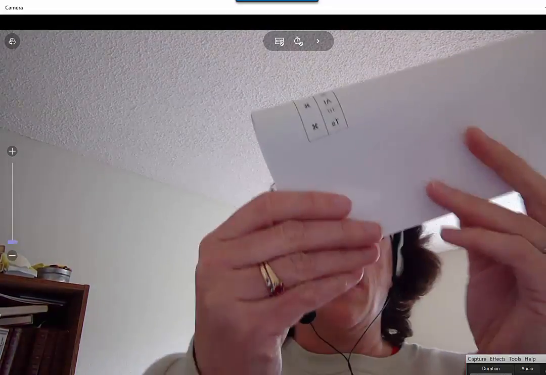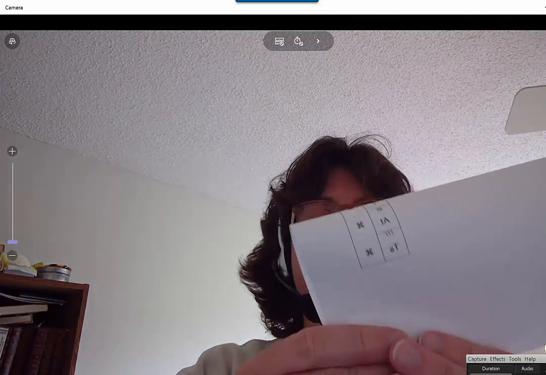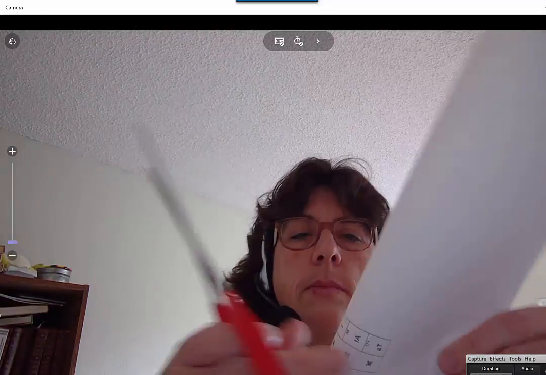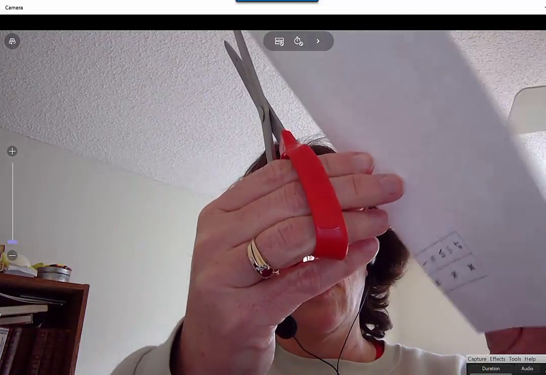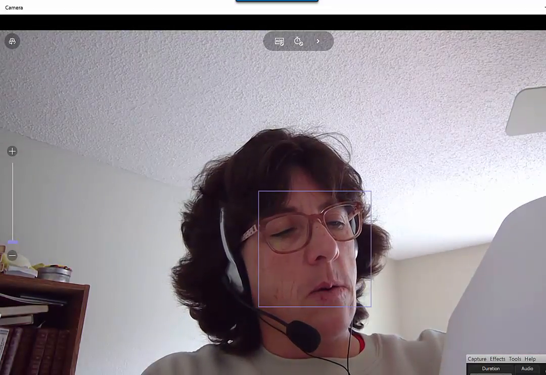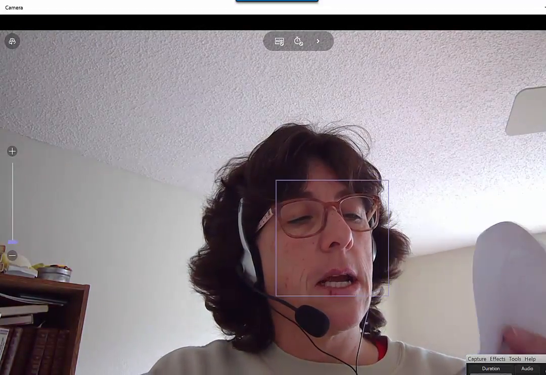So you're going to take your paper, not really fold it, but just hold it at a bend like this, get a pair of scissors, and cut out that area that has the funny little shapes in it. I'm just going to snip it while it's folded, then open it up. And then I'm going to cut that rectangle out. Now it's really important that you do a good job cutting this rectangle out. Do not make the cut lines go to the edge of your paper. The goal is to cut a hole in your paper